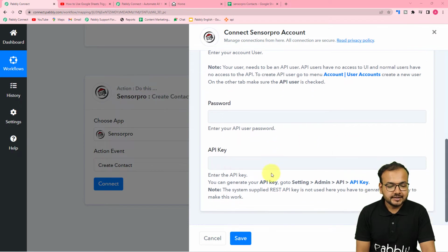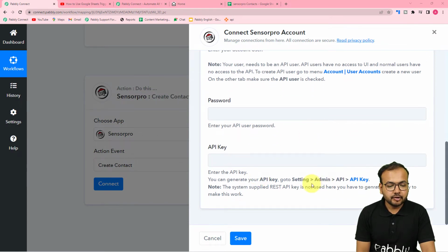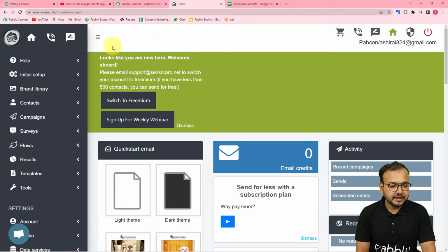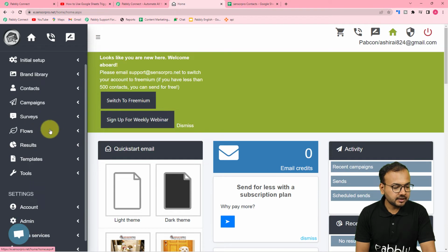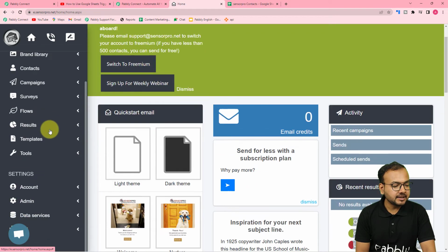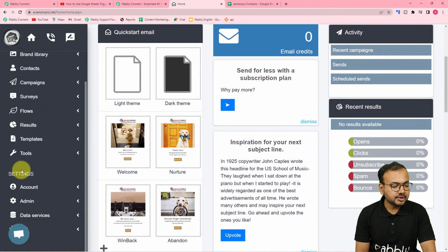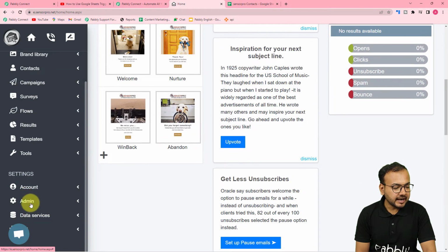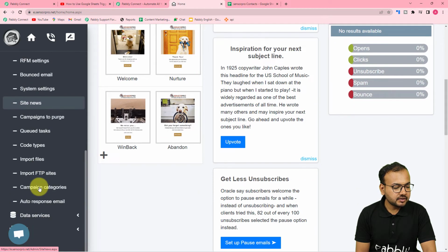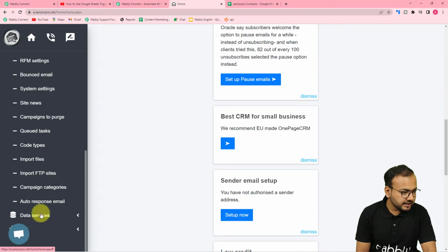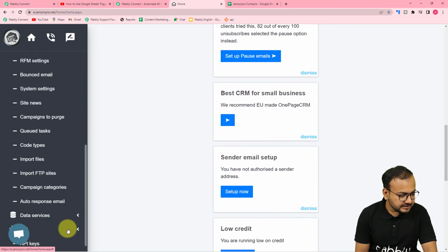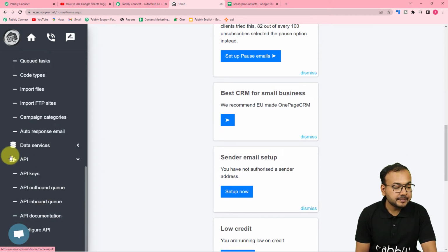So guys, to find this API key of Sensor Pro, you need to reach the settings and the admin section of Sensor Pro. Let me show you that. This is my Sensor Pro application's dashboard, and from here, when you scroll down on the left hand side panel, you can see we have the settings option. Under this, you will find this admin section. Click on it, and when you scroll down here, you will find the API key section. Under this API tab, we have this API keys. Click on it,